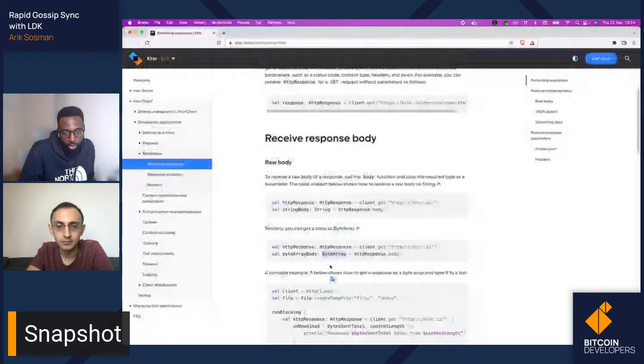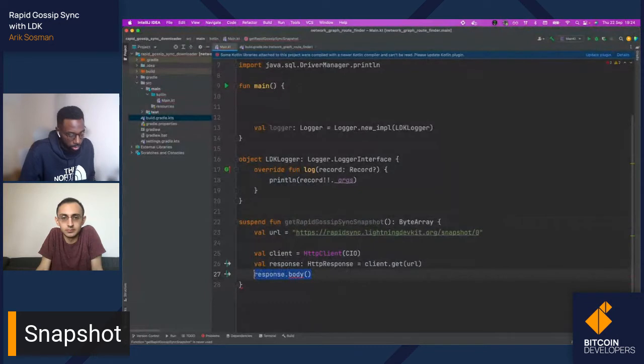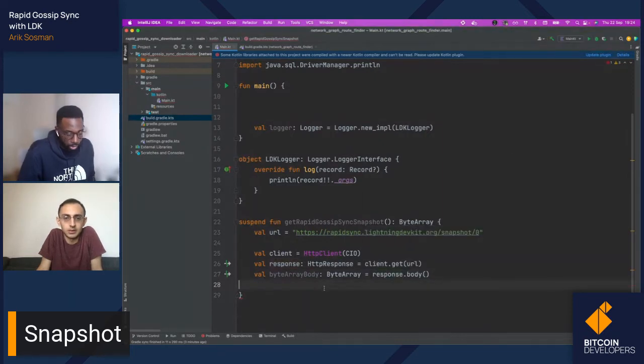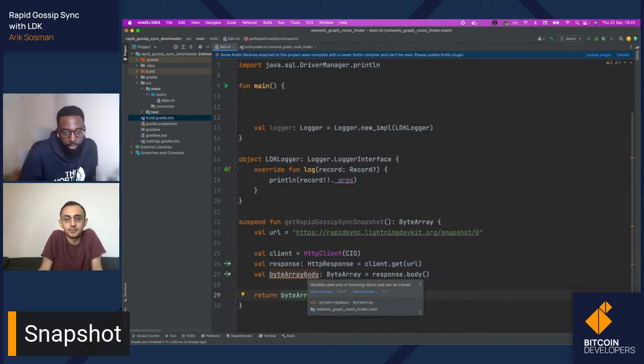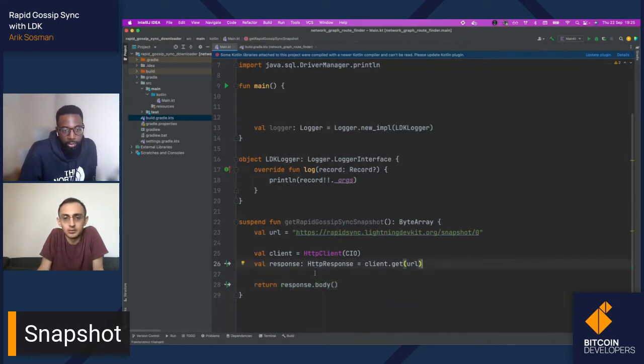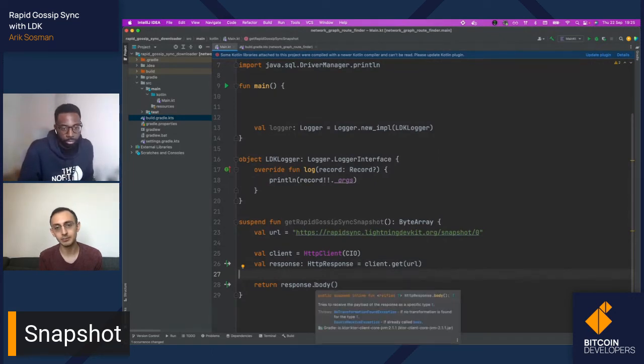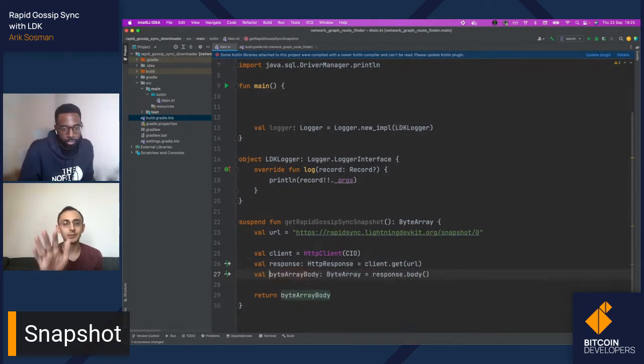So let's see, client. Okay, so if we do something like this, and then we want response.body, and return the byte array body, and it's all good. Perfect. So now we can just inline that as well. Actually, yeah, we can just do that, which is nice. All right, because I guess Kotlin can realize that it's an implicit. Well, actually, no, I don't want to return that inline like that because... Never mind.